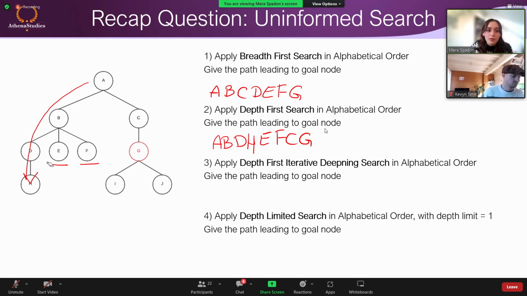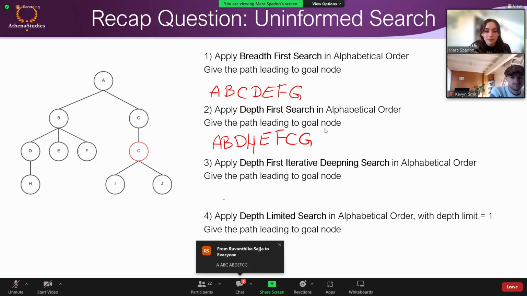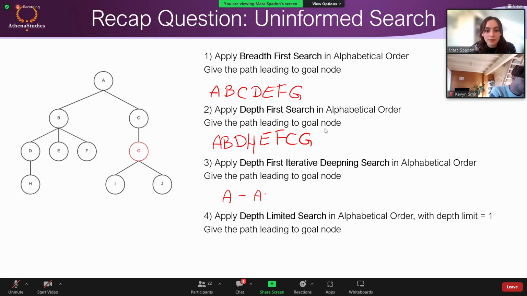So if we do depth first iterative deepening, does anybody know how we could write that down if we would explore each depth individually? Then we have to, for each depth, write kind of a separate thing. So for depth 0, it would just be A. For depth 1, it would be A, B, and then C. Exactly. And for the next one, it would be A, B,